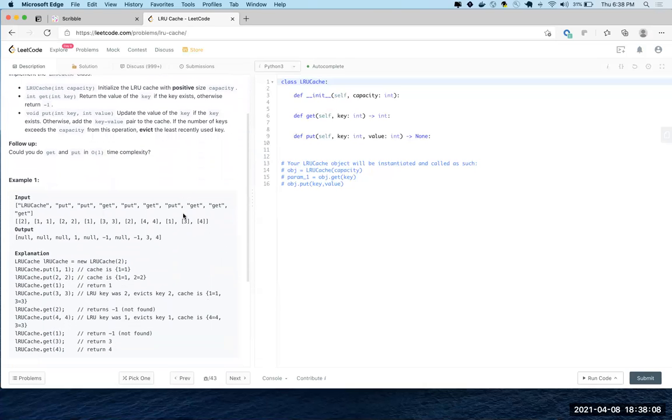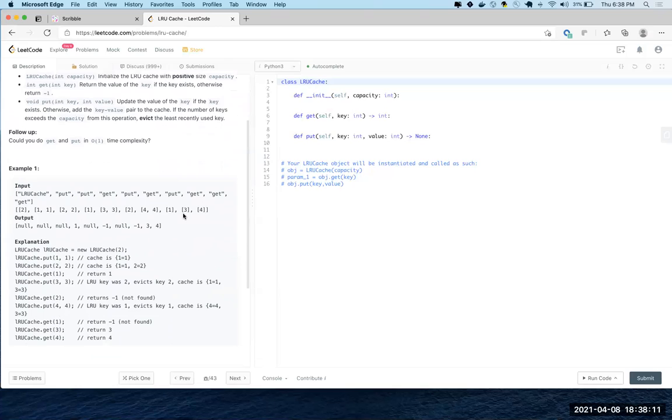If you can see the example here, anytime you have two queries, which are get and put. If you have to do a put, if it is already present, you don't do anything. And if it's not there, you put it into your cache. LRU cache, int get int key, return the value of the key if it exists, otherwise return -1. And void put.